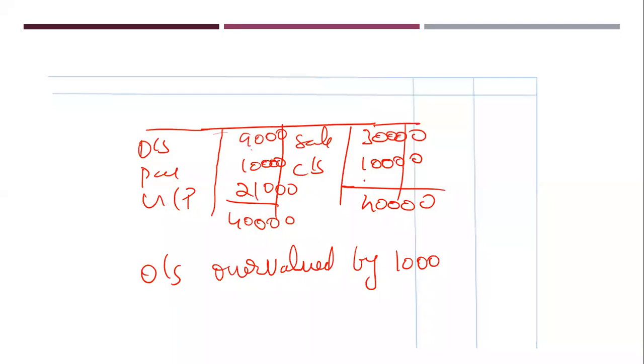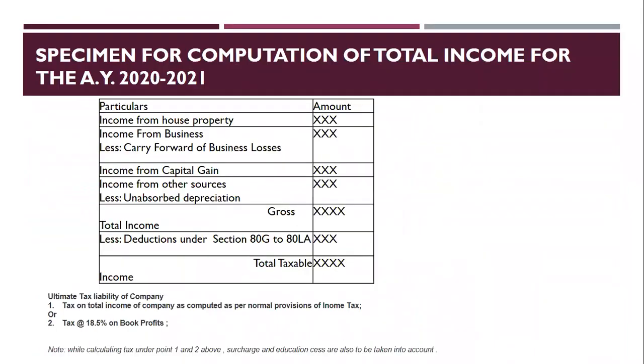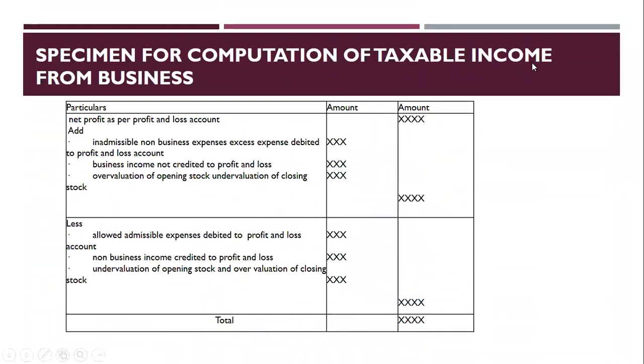Okay, and next is undervaluation of closing stock. My stock was supposed to be 11,000, but they valued it at only 10,000. So to rectify, I have to add it back. If I add it back, my profit will increase. Since I have added here 30,000 plus 11,000, what will be my total? It will be 41,000, and my profit will be 22,000. So that is the reason any overvaluation of opening stock and undervaluation of closing stock, we have to add it back. Am I clear in this? Any doubts? Shall I proceed, or do you want me to explain again?